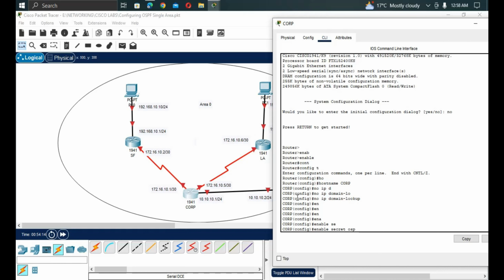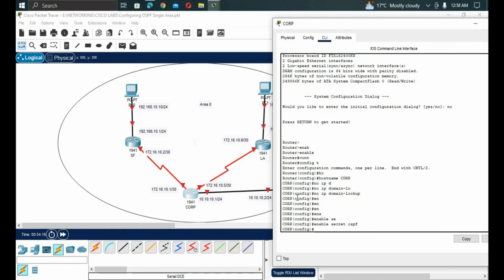OSPF will be our secret. So every time you log in, while you enter into the console, you'll now type that password. So then you create on the console interface, the interface that you configure the router. So enter line console